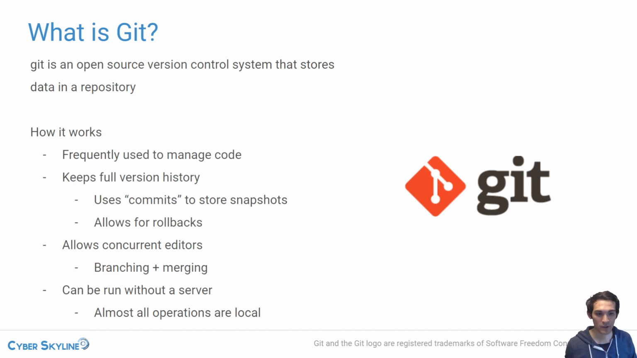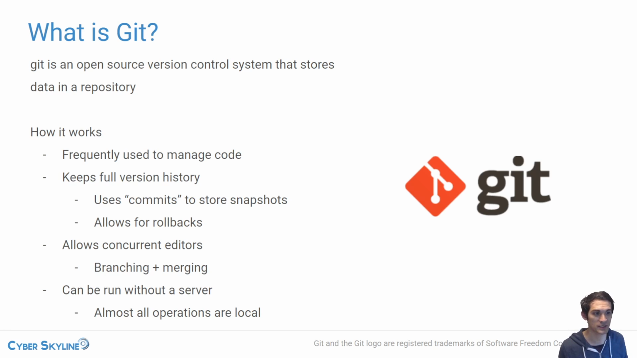So let's start first with what is Git? Well, Git is an open source version control system that stores data in a repository. Some other examples of this might be Subversion or Mercurial. It's used very frequently to manage code projects. So if you've got a lot of different developers working together, Git is a very helpful tool for everyone to